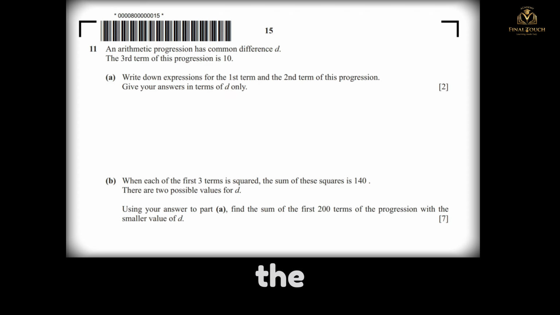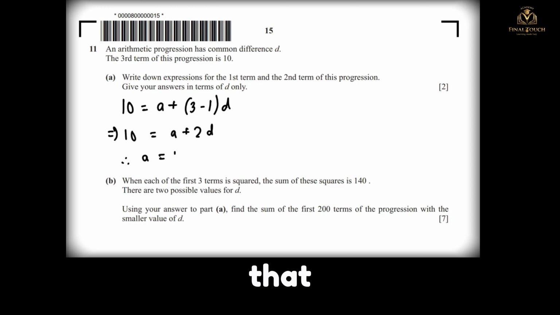So we know the third term, 10, is equal to a plus (3 minus 1) d. So that would be 10 equals a plus 2d. So a is our first term, so that would give us 10 minus 2d. And for the second term,